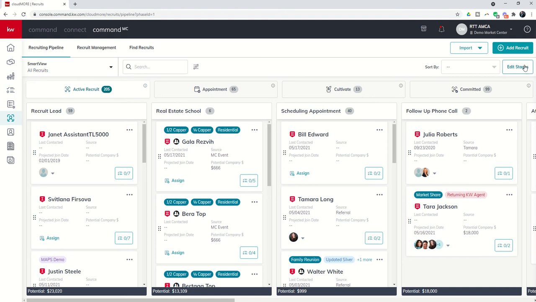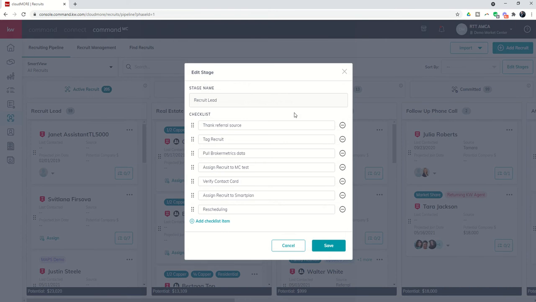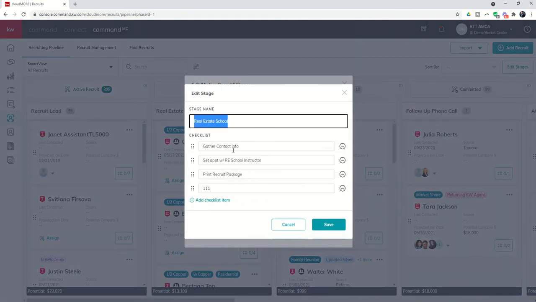If you come into the Edit Stages button and click on that, you're going to see that some of the stages have a pencil next to them, and some of them have a pencil and a trash can. The ones that have the pencil are non-editable stages, meaning I cannot remove these actual stages. These are set. Any of the ones that have a trash can next to them can be completely customized. So for example, the recruit lead, that's a hard-coded one. So I can't change the stage name, but I can create checklists, and we'll come back to that in just a second. Those that have the trash can next to them, I can change the name, and I can add